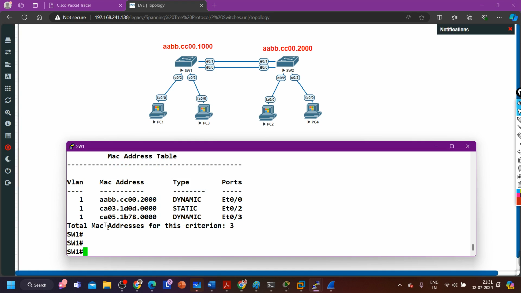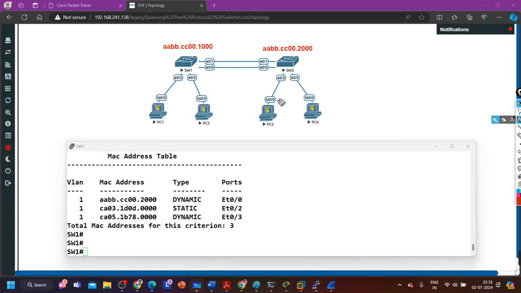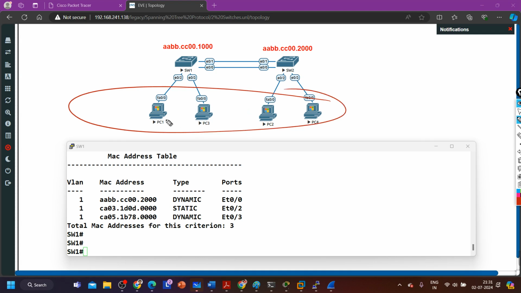Actually the switch is receiving multiple types of traffic from these devices, from end devices, right? These end devices are sending keepalive messages to check whether the neighbor is alive or not,